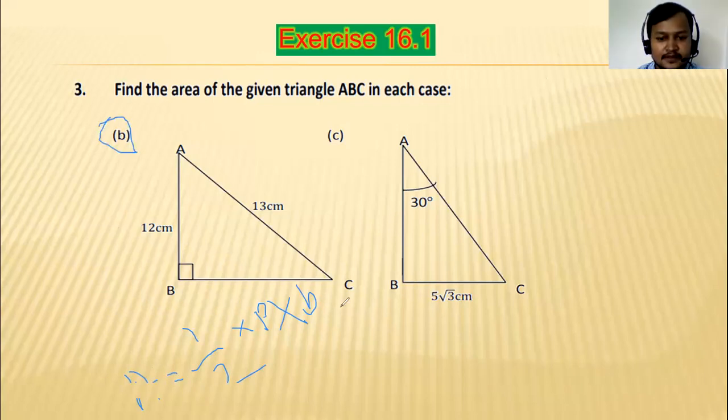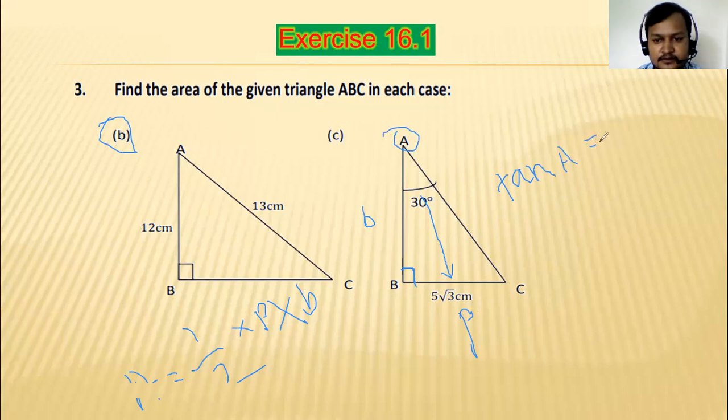Look at next one. Here it is missing to write the right angle. You also write right angle triangle, otherwise we can't calculate any value from it. It is also a right angle triangle, and for this right angle triangle, one angle is given and side opposite to angle is given. That means it is perpendicular, and this one is the base. So by using formula of tan theta, as we did previously in question number A, use formula of tan angle A. There is angle A in place of reference angle A.